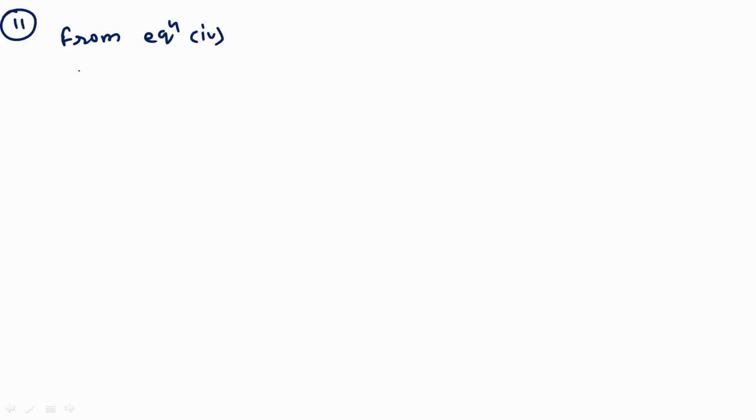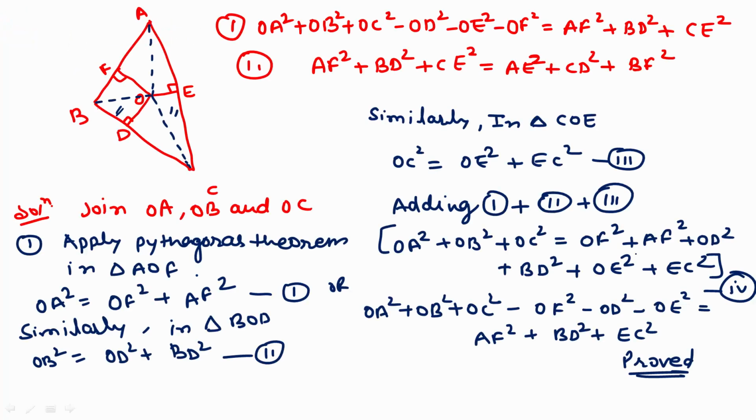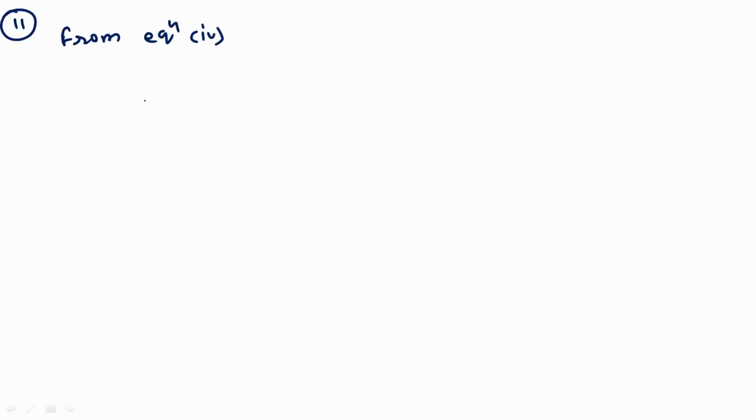Take this one as number 4, AF square plus BD square plus EC square is equal to